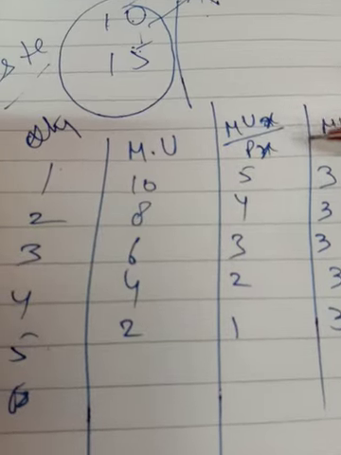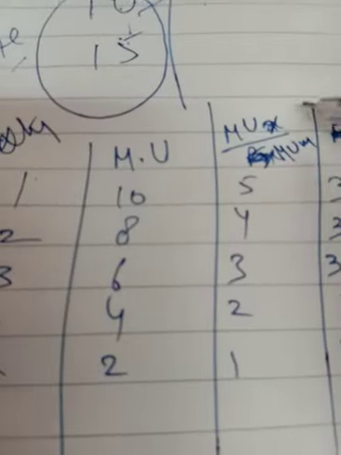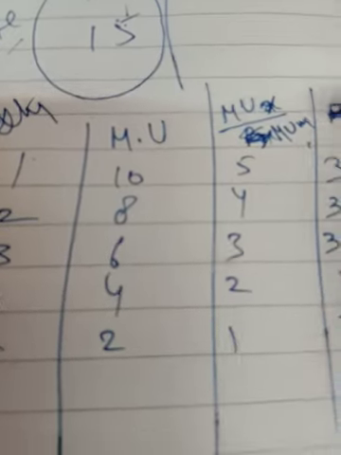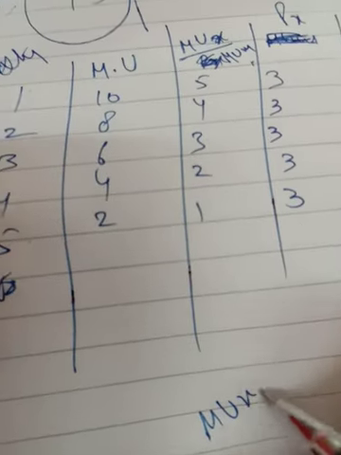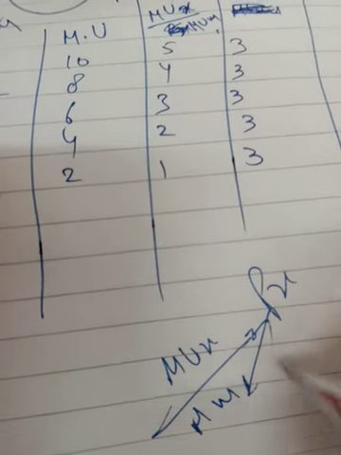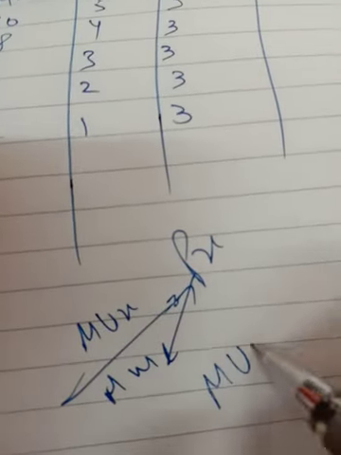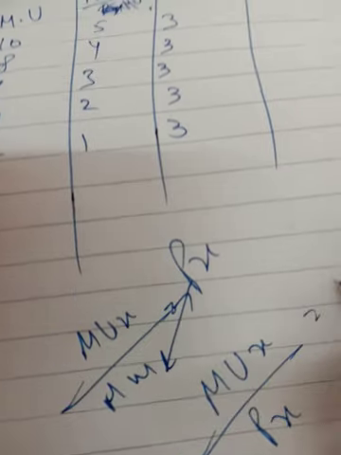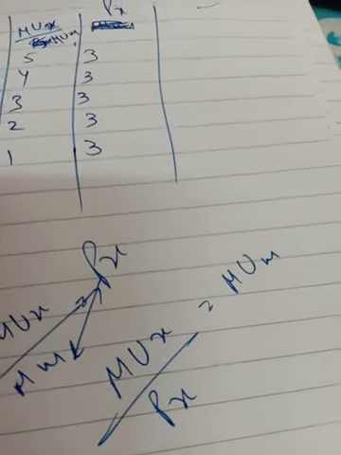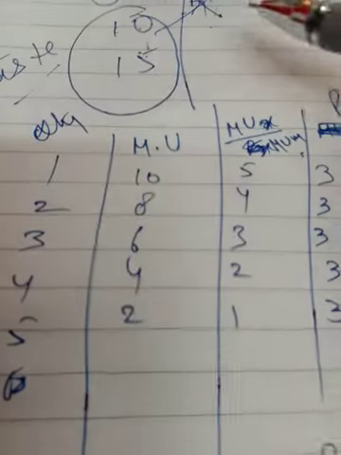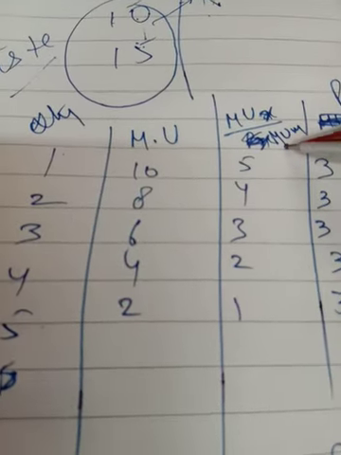So what is the formula? I am dividing marginal utility of X commodity by marginal utility of money, because this is the formula of consumer equilibrium. As you know, you can interchange these two items. You can write it this way also: marginal utility of X upon price of X is equal to marginal utility of money. You can write in both ways, but I am writing it this way to prove this. So here I am getting 5, 4, 3, 2, 1.